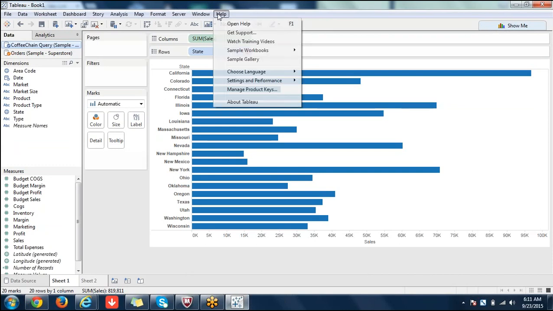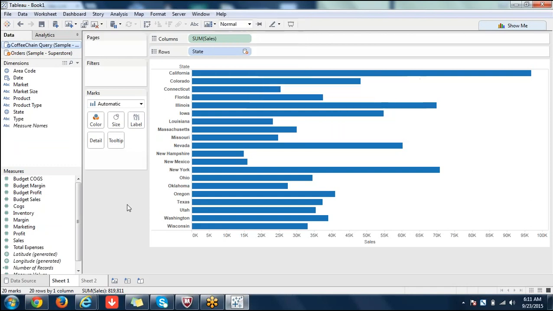You can record this performance. In settings, you can start performance recording and analyze it. SQL will be generated in the backend for both data sources. Whenever you run this visualization, it will be converted into SQL and submitted to the respective data sources. That's why blending will happen at aggregate level. It will not happen at row level because it's not joined. After the result set is pulled out, only then will blending happen.